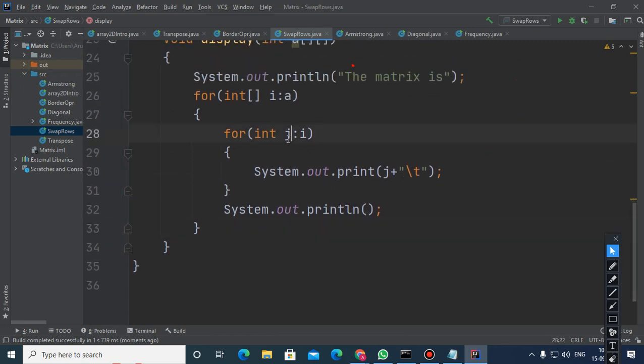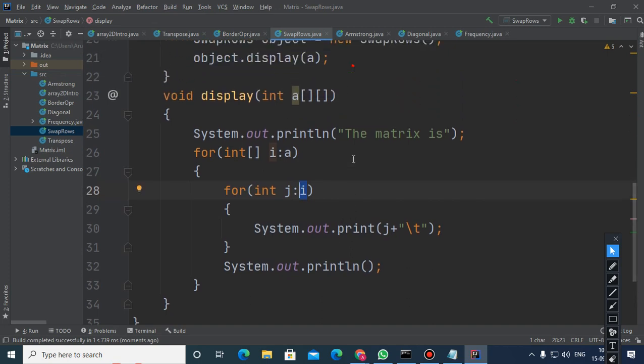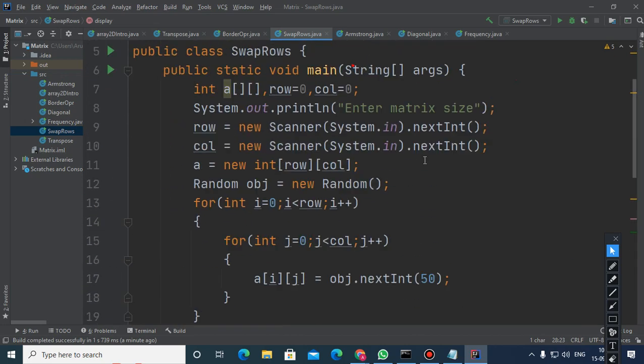Here j is representing one of the elements of that row. Simple. So today what you have to do, just execute some code at home on your PC. Please execute. Things will become more clear.